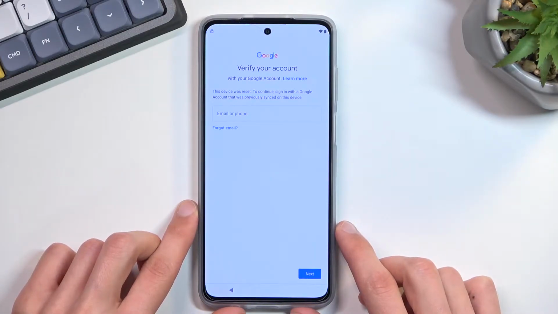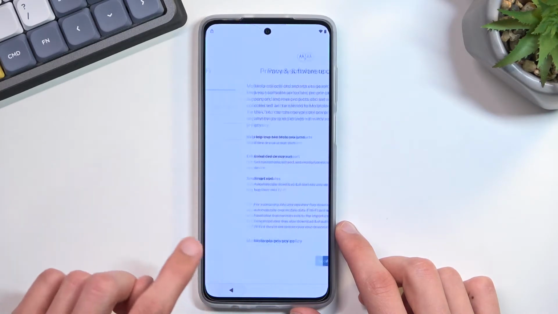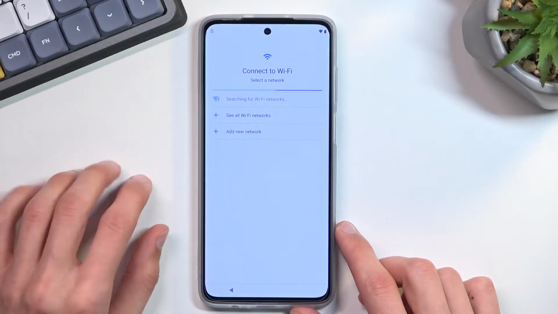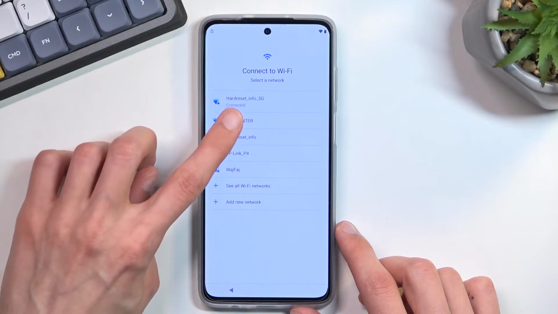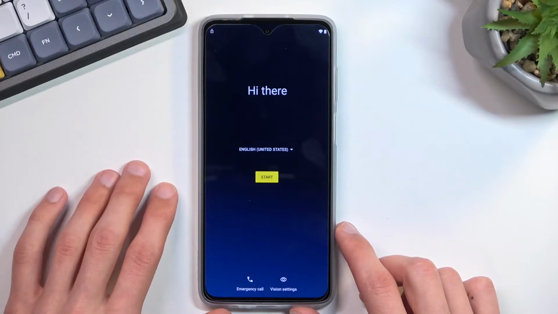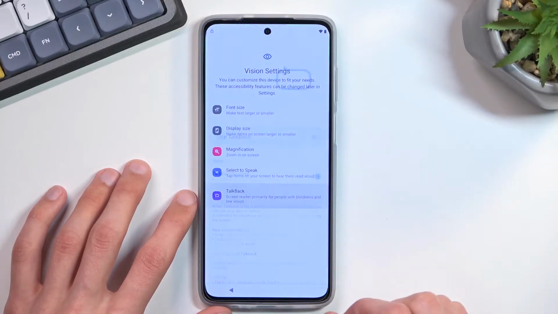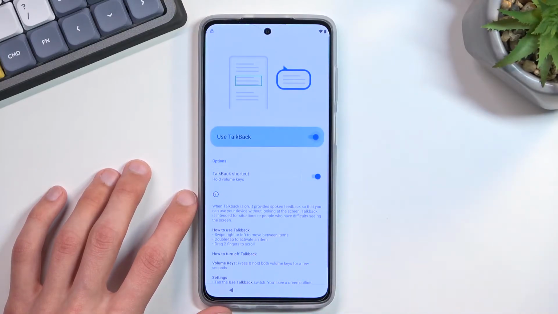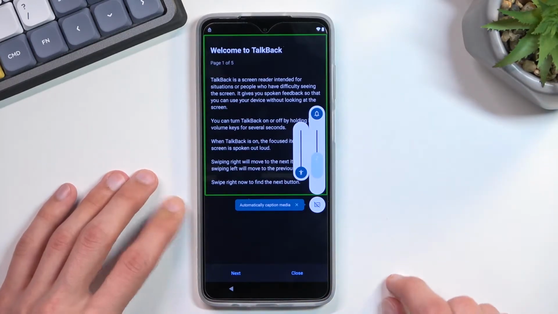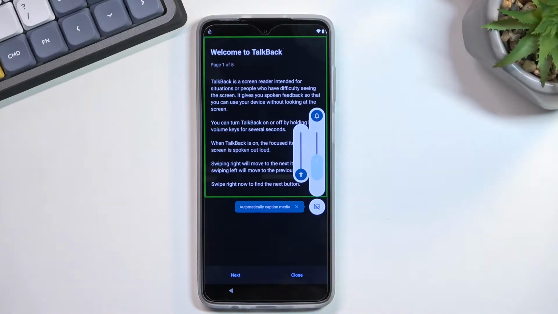So, first step is you will want to connect to Wi-Fi, which I have already done so. You should be able to see it right somewhere here. Oh, there we go. You can see right at the top. So once you connect to your Wi-Fi, you will back out to the first page right over here, and you will select Vision Settings. From there, select TalkBack and enable it. And mute it. Talk back on. There we go. So once the sound is off, we can actually now think without being completely distracted by the